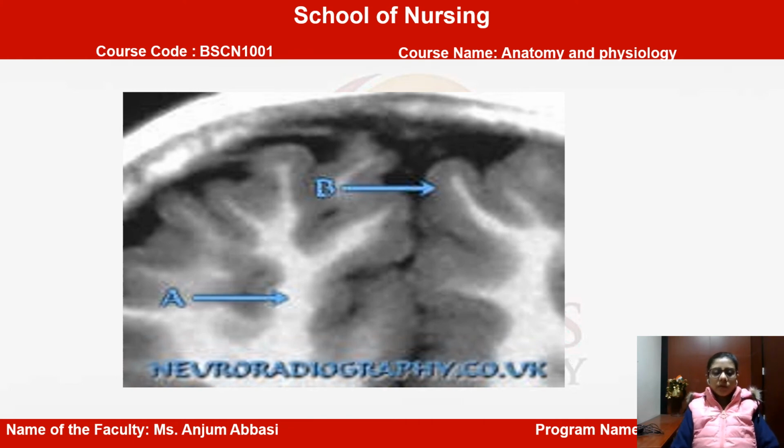In this picture, you can see B. B is showing the dark portion of your brain, which represents the gray matter of your brain. That gray matter is because of the presence of unmyelinated neurons. If you come down, just follow my cursor here, A is representing the white matter. The neurons which are well covered by Schwann cells will make the white matter. So B is gray matter, which is for unmyelinated neurons, and this is for myelinated neurons.